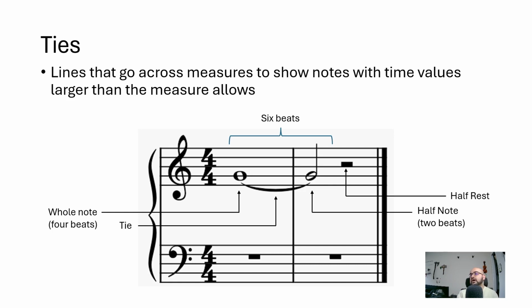Ties are symbols that go on bars to tell you that a note has been extended across a bar, and a tie line can only go from a note to the exact same note in the next bar. A tie line cannot connect one note to a different note in the next bar. So here the dotted note would have meant the same thing that it's trying to explain, but if you notice,